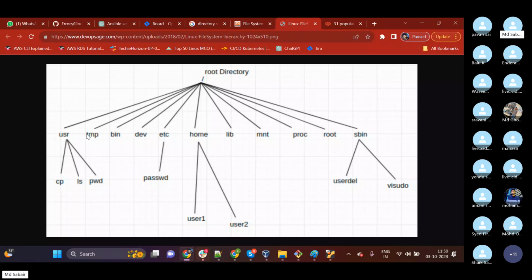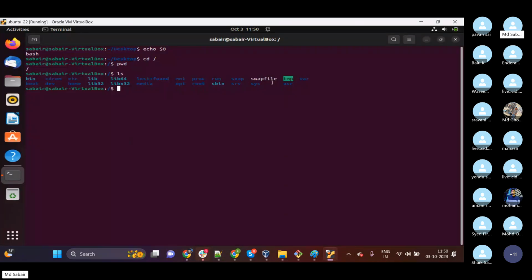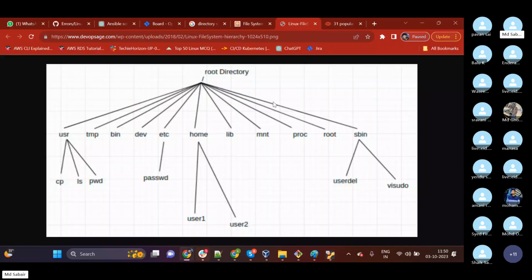For example, here we have one directory called user, one called bin, one called etc, and one called home. All these directories come under the root directory only. Each directory has a different purpose.